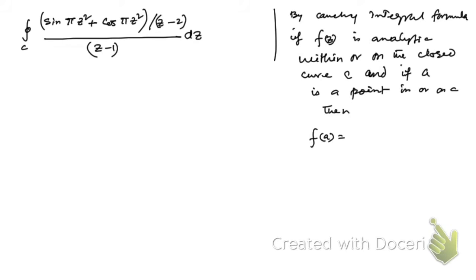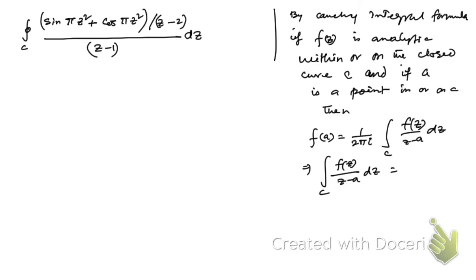f(a) is equal to 1 by 2πi integration along C of f(z) by (z − a) dz, which can be further simplified this way: the integration of f(z) by (z − a) dz is equal to 2πi times f(a). We can get it this way. So by Cauchy integral formula,